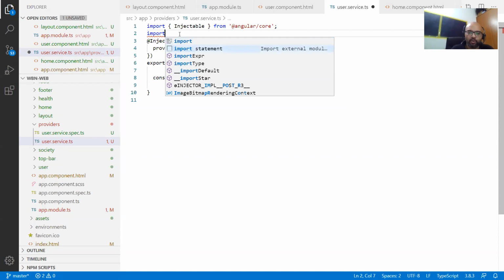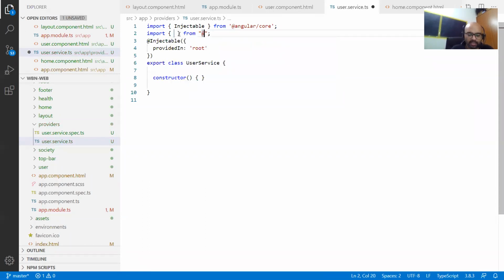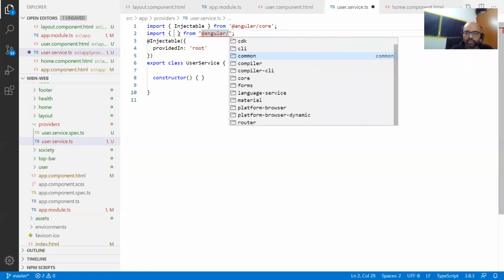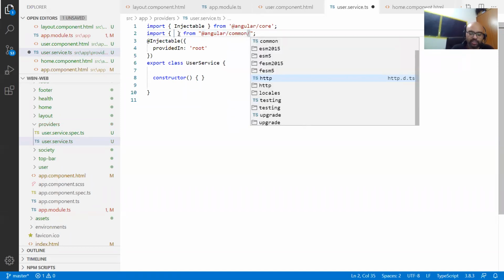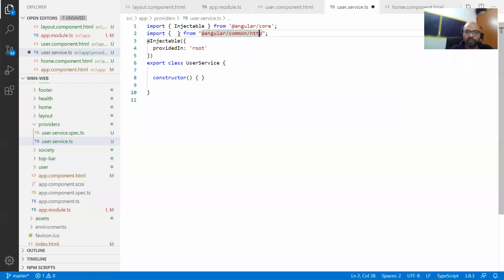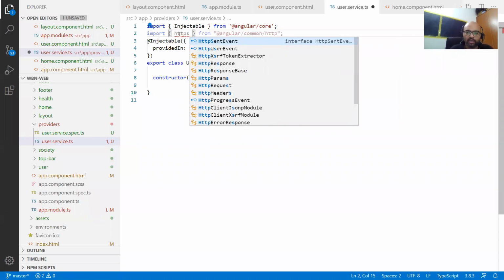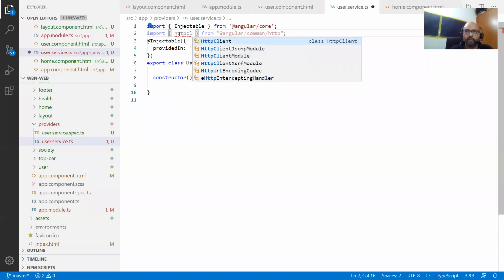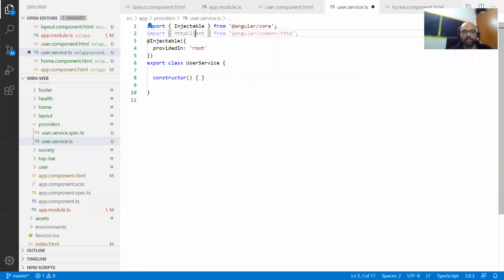So I say import statement, and then I say @angular/common/http, and from there I will call your HttpClient, yeah, this one, right? Now what you do is, this is step 3. Now step 4 is